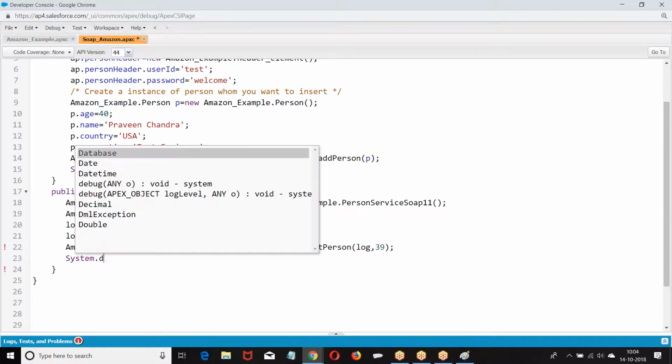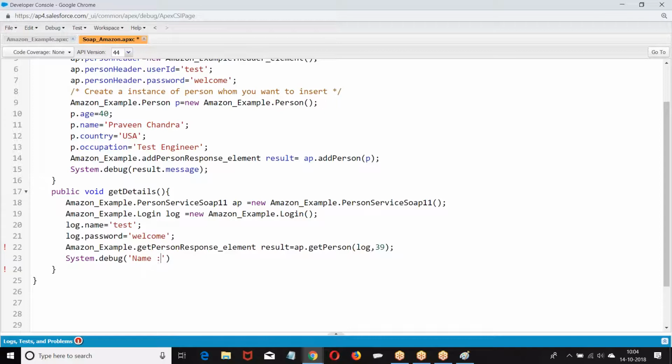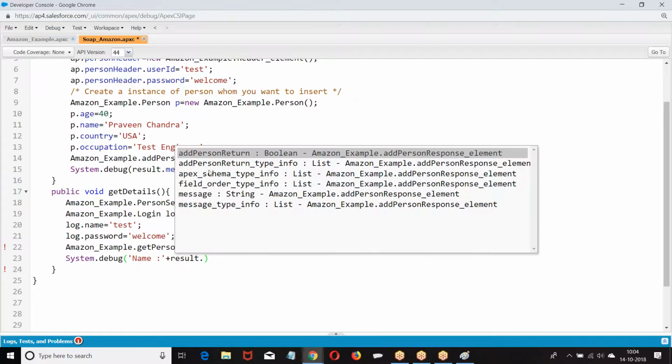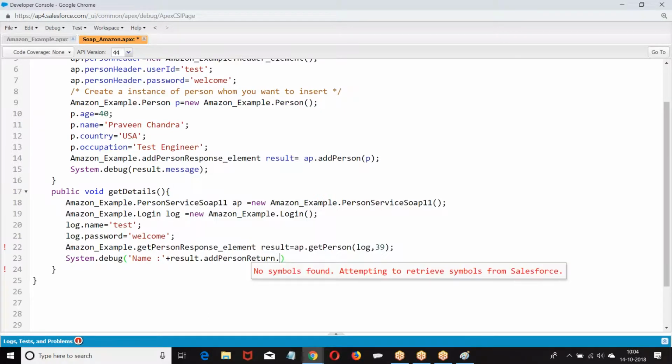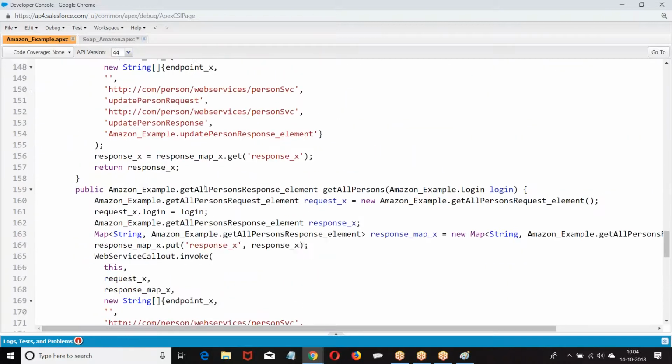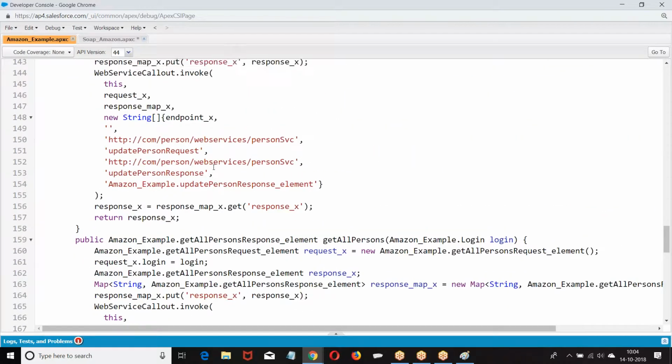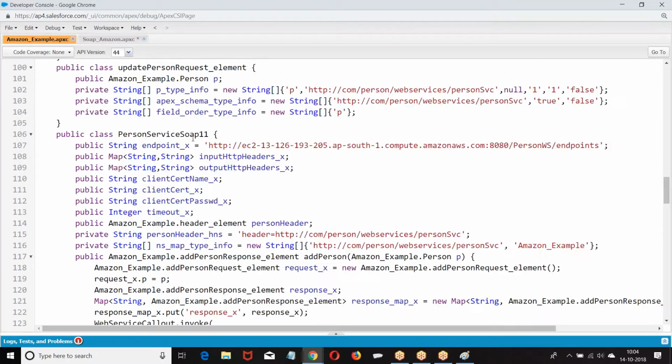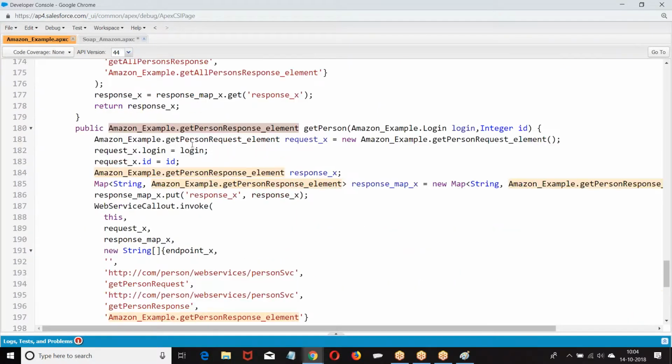Then system.debug result. What do they have? Now what are they giving? Add person response element. Go to add person response element. What type of response are they giving?